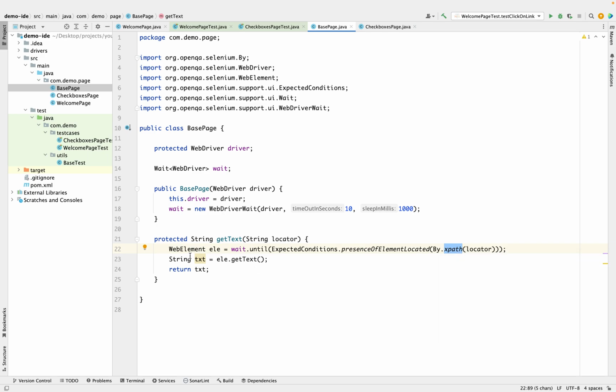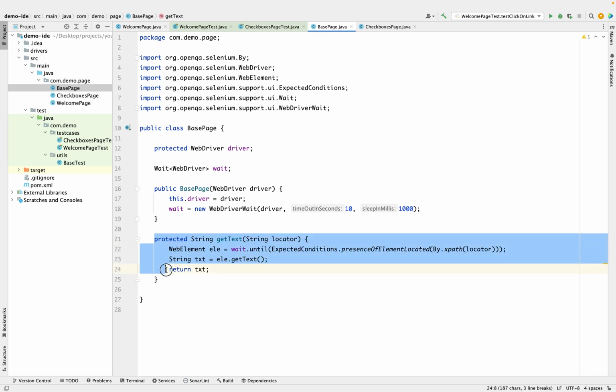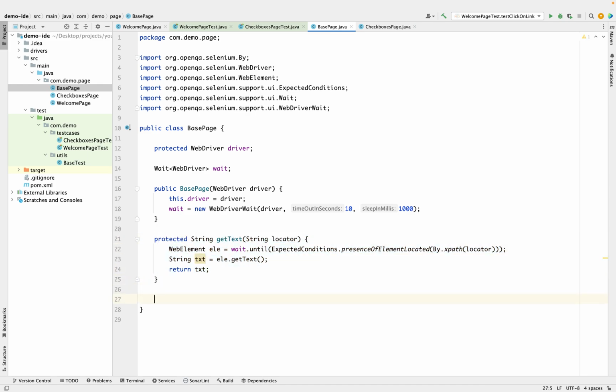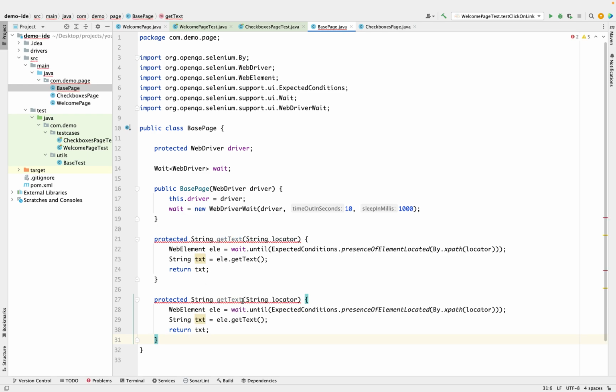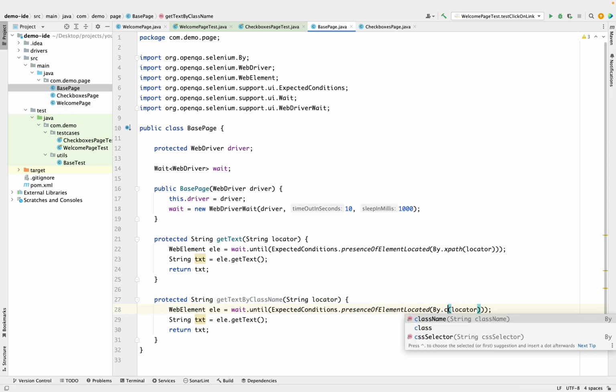So the other way is either to add one more method and name it something like getTextByClassName, and pass a class name here,